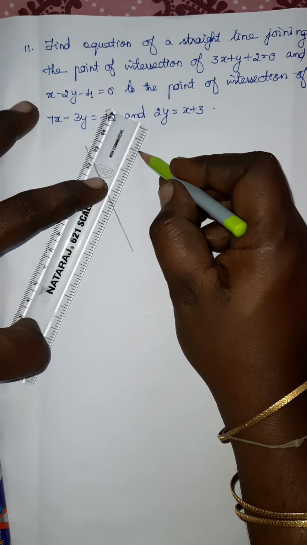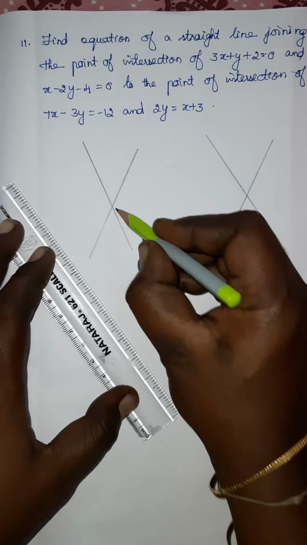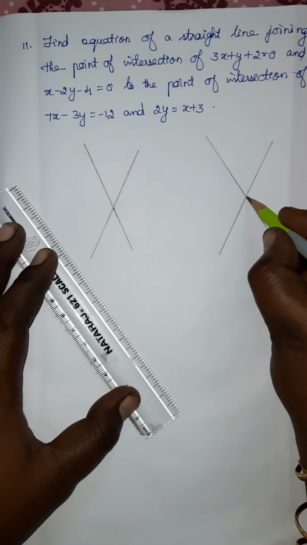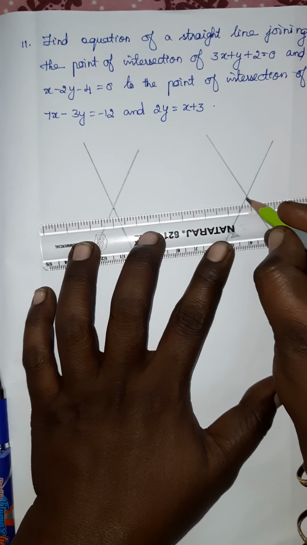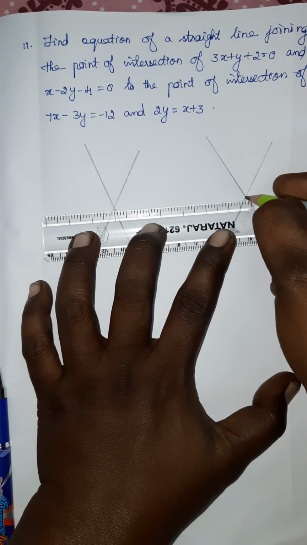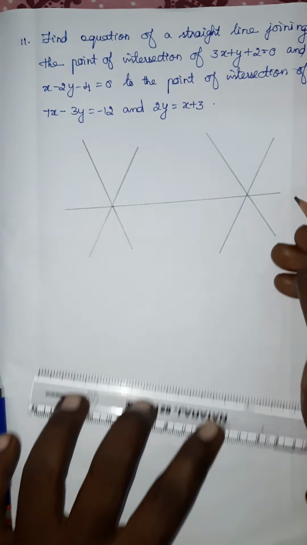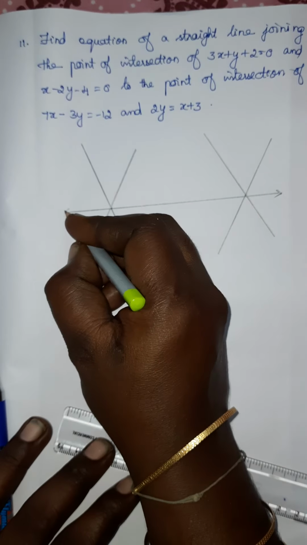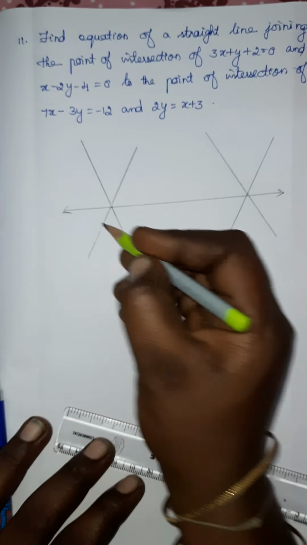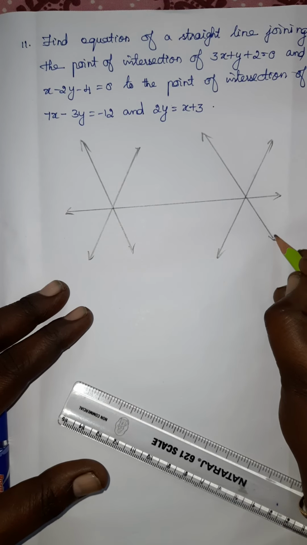These two are the first set of lines. Next set of lines like this. Okay, this is the point of intersection and this is the point of intersection. So the required line is passing through both points of intersection. Now this is the required line. Are all clear? So we can write the equations of all the lines, then only the diagram will be complete. Okay, it is a line, so we must put the arrow.